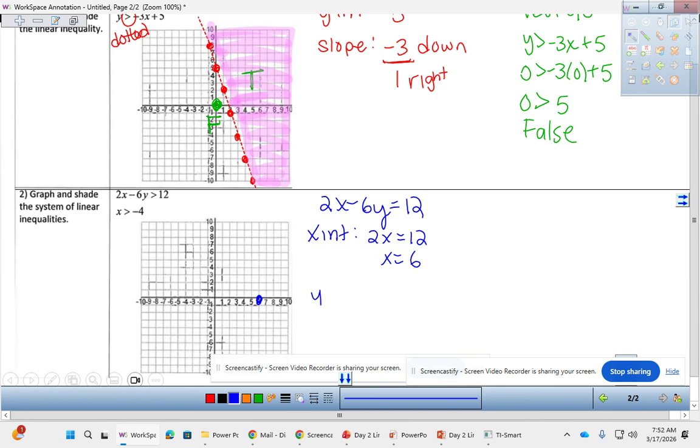And then I'm going to find the y-intercept by pretending like the 2x isn't there and dividing by -6. So the y-intercept is -2. And I'm going to do another dotted line here because this inequality sign is not inclusive, meaning there's not an equal to line with it. So I'm going to connect these 2 points